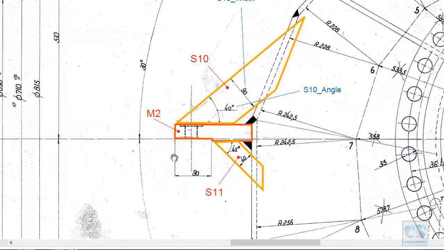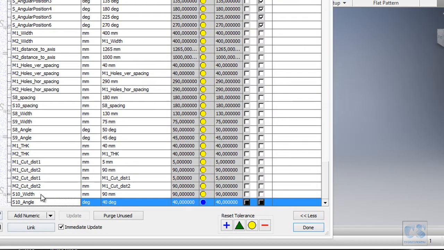And now for the last one, we will have this 45 degrees angle and 40 millimeters width. So let's go to that.